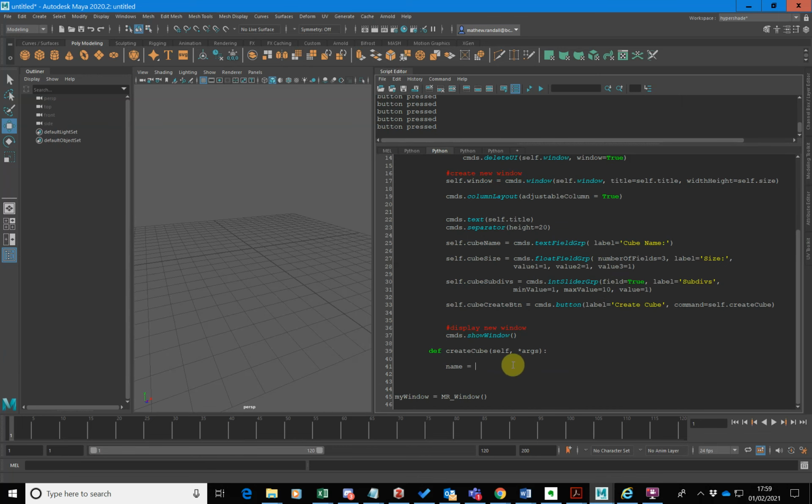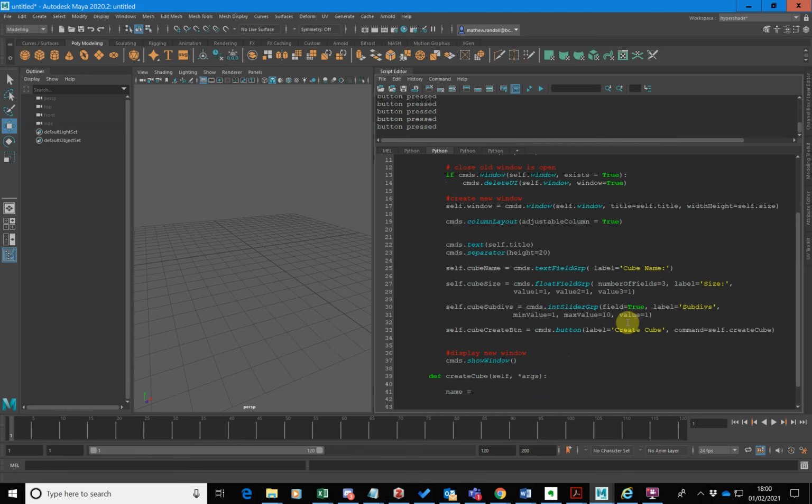Right, okay. So what we need to do is call the same command that we used to create the UI element in order to read the UI element. That might not make sense, so try and suspend all logic for the moment. In order to read text field group, I actually want to use cmds.textFieldGroup. Now by default, whenever you run the command text field group, you're running it in something called